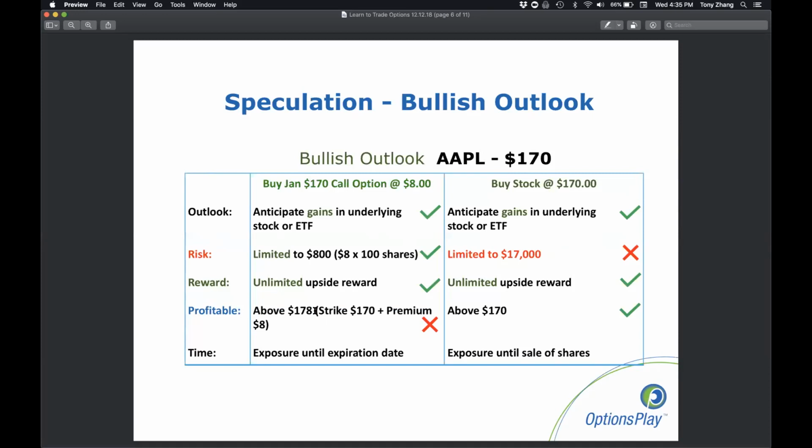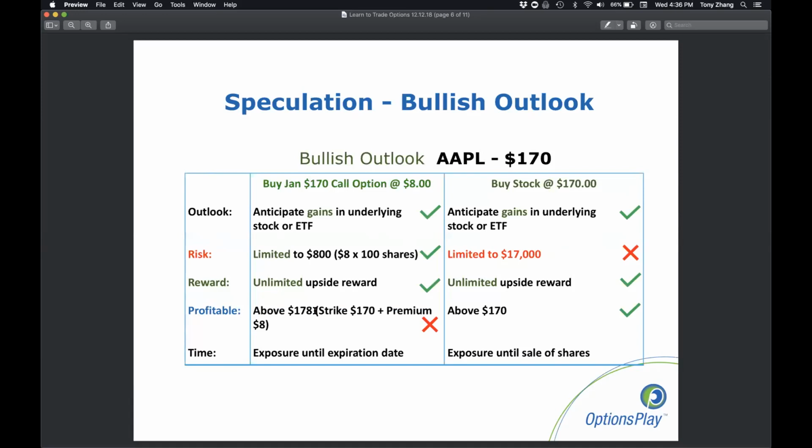And I'll show you some examples of this to show you exactly, if the stock goes up by 10%, how much money do you make for each one of these strategies? If the stock goes down by 10%, how much money do you lose? And that's really how you will be able to make a decision as to which one of these two strategies